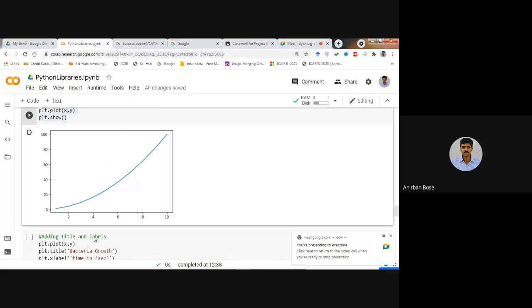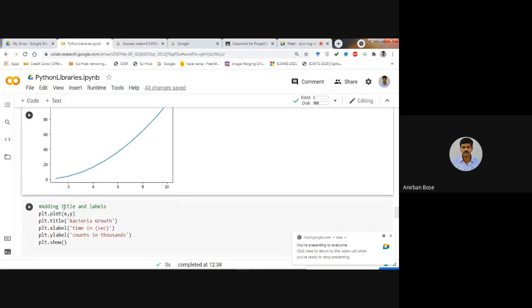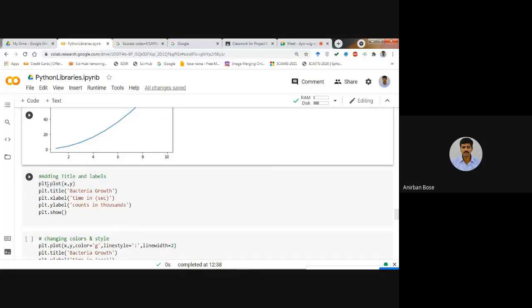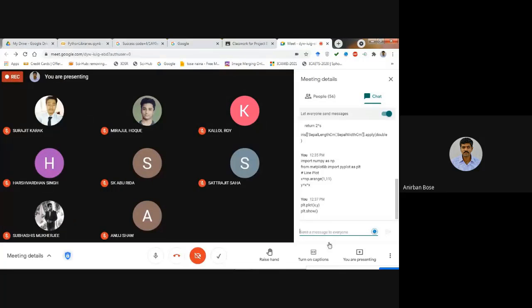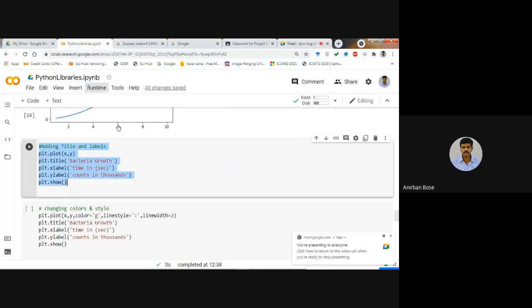To make this plot better, you should add the title and labels of the graph, and that you can do through these few commands. For the title, what is the command? plt.title, and then within bracket, within quotation, you write what is the title of the graph.